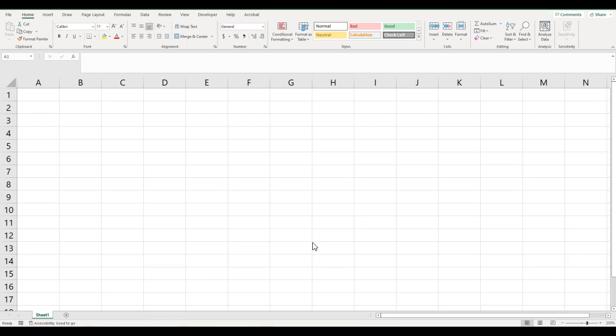Excel is a spreadsheet program and basically it is used to keep track of information, especially numbers that we might need to calculate. There are lots of similar programs out there. The other one you might be familiar with is Google Sheets. You are also welcome to use that if you have access to it. However, I will be focusing on Microsoft Excel today as that is a product that we have at our school